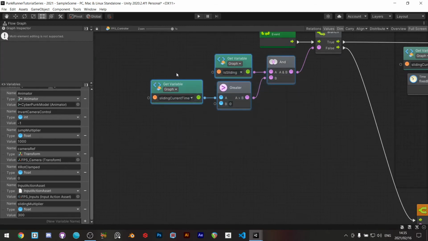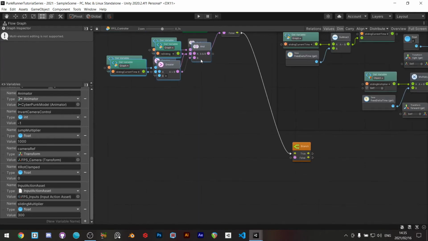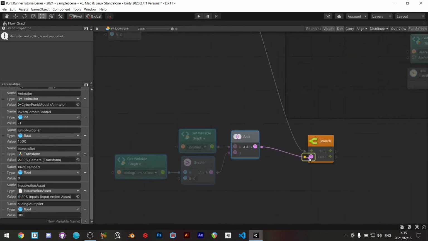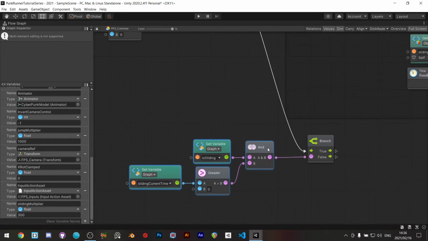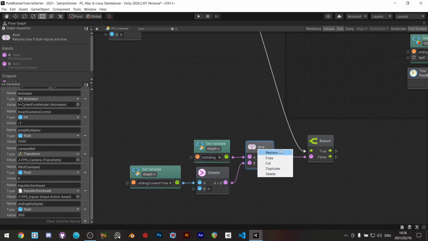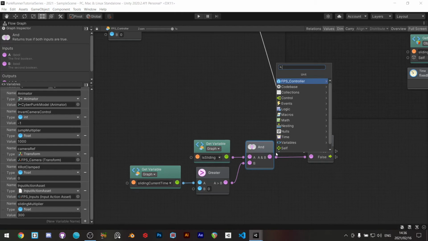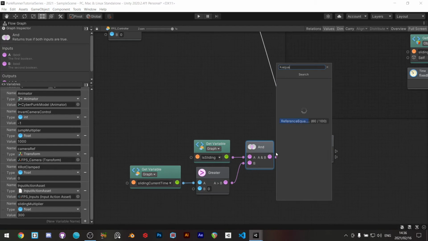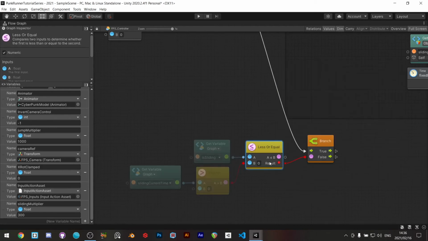We'll grab these and I'll show you what we're going to do. We're just going to duplicate that so we don't have to type all of that out again. I'm just going to replace this. So if we are still sliding, we're going to replace that node, and go less or equal to. If it's less or equal to 0, then we are definitely out of